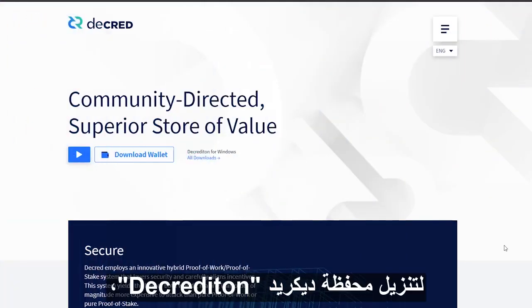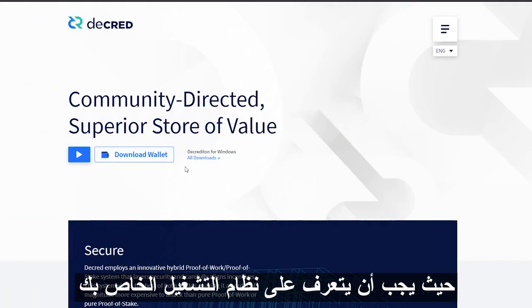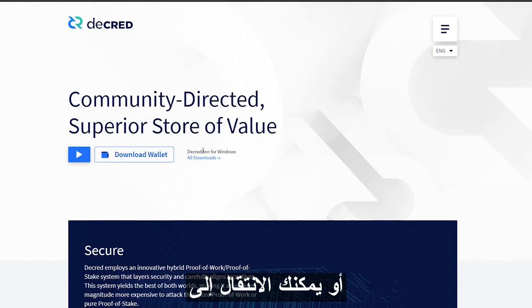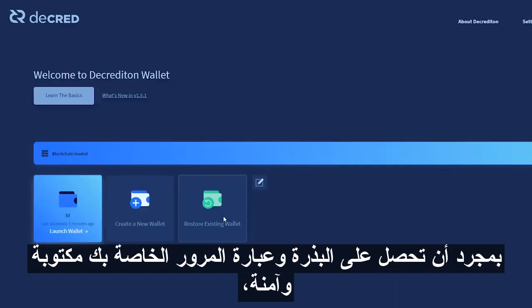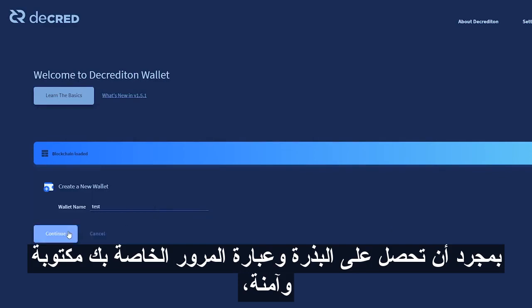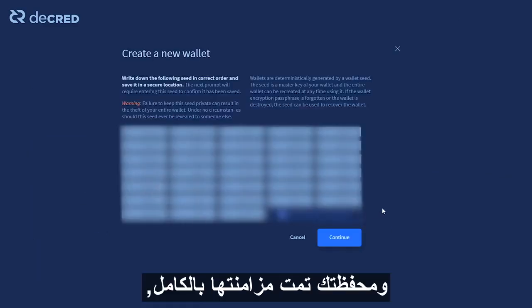So let's get started. To download Decred's wallet Decrediton, simply go to decred.org where it should detect your operating system, or you can just go to decred.org/downloads and select the proper file for your operating system. Once you've got your seed and passphrase safely written down and secured, and your wallet has been fully synced, click